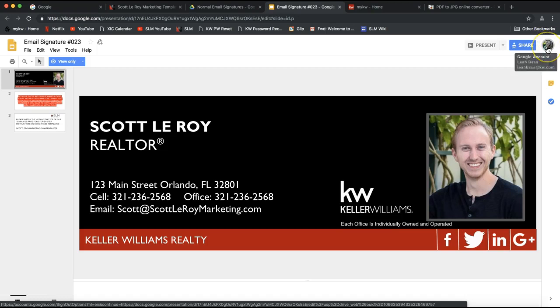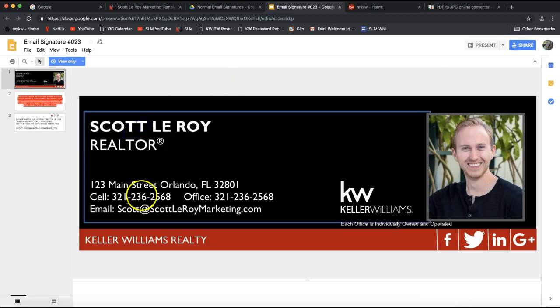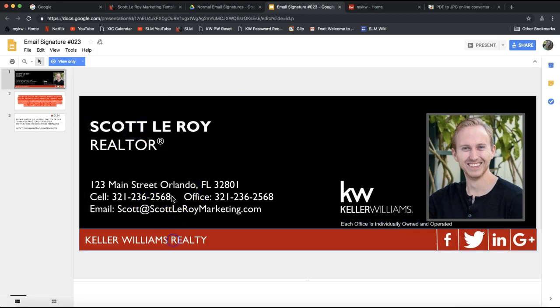If it says sign in on the top right here, you will need to go ahead and sign in to do this next step, which is imperative in editing this. Because you will notice that if you go ahead and click on any of these options here, if you try to edit this, it won't allow you to. All right, so now that we know step 1, that we're logged into our Gmail account,